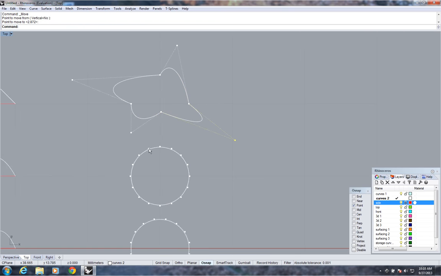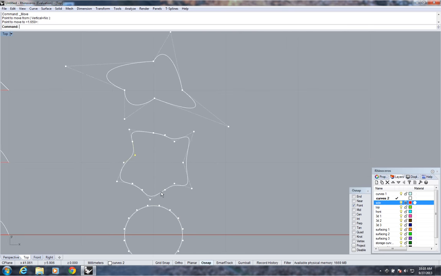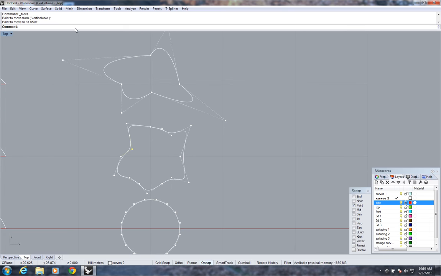Going to the third degree curve, you can see that now as a third degree curve, I can pull on those control points. And I have a smooth object, a smooth curve. Okay, there is still